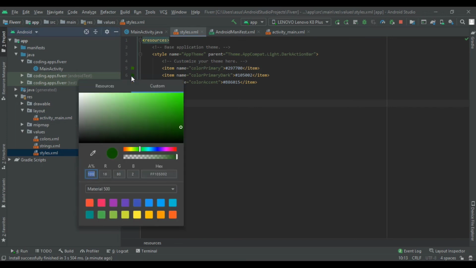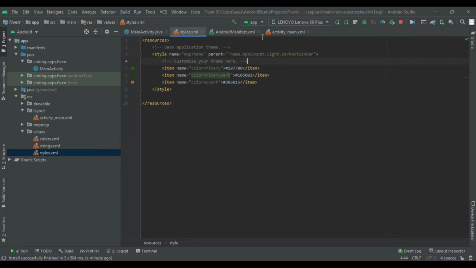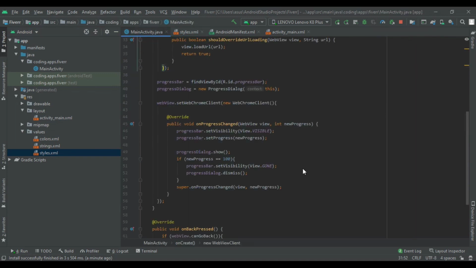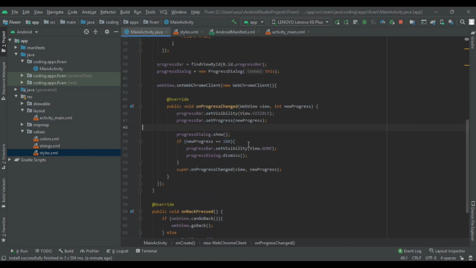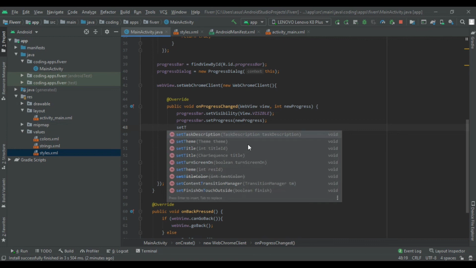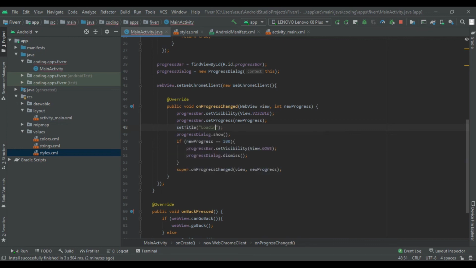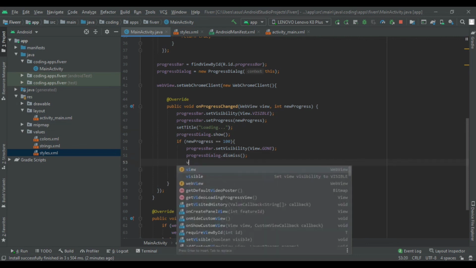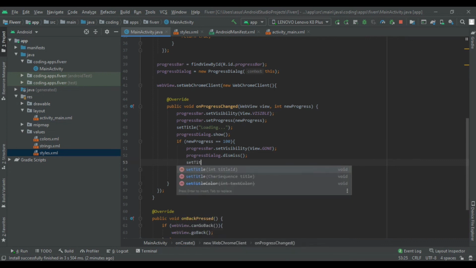After that we are going to change our title. When our application is loading, our title says loading, and when loading is complete, we get the custom title of the web page. For that we write set title, and here we write loading. After that we write set title again, and here we write view dot get title.